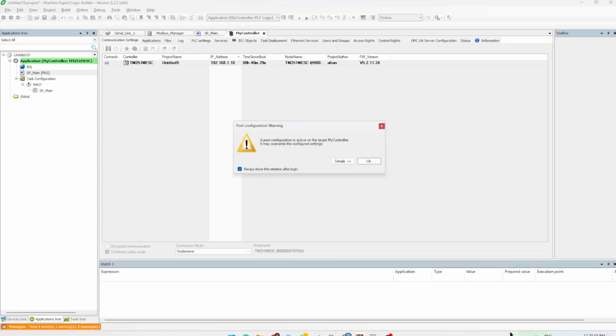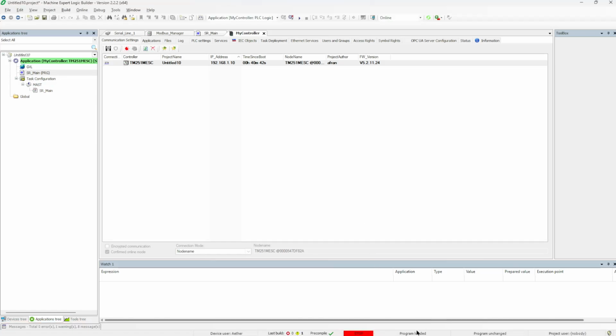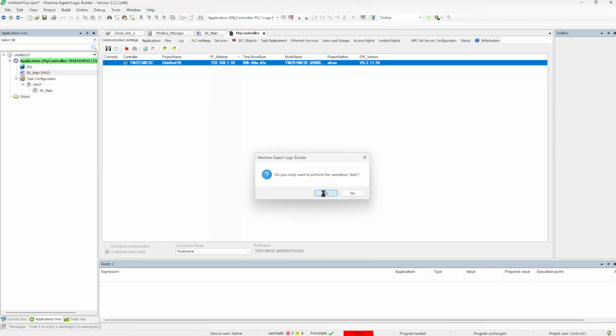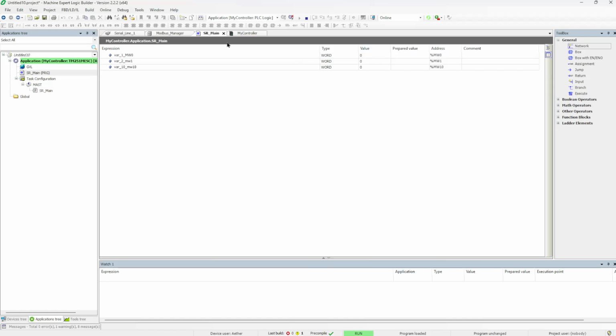So this program is downloading now. Okay, so program is loaded. So I will make it as run mode now. Here, start. Okay, so this is the page. So you can see the value in every register is 0,